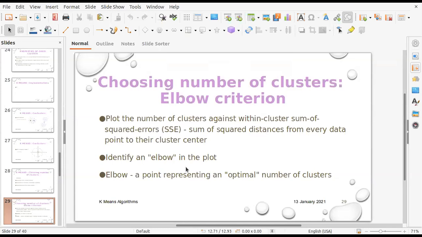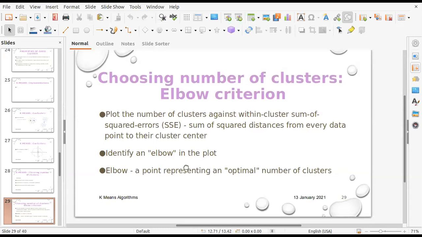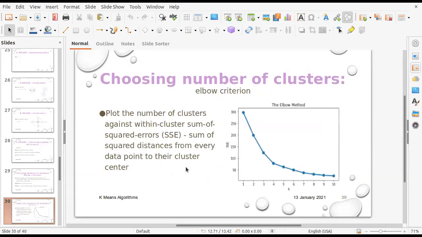So here, identify the elbow in the plot, and this elbow is a point representing the optimal number of clusters, that is the value of k. Look at this figure. We have plotted the SSE, sum squared error, versus the number of clusters.